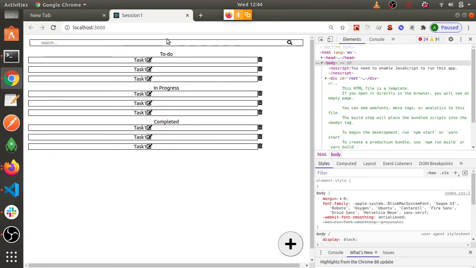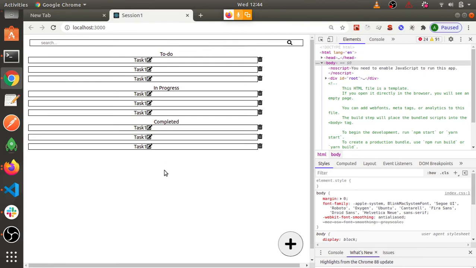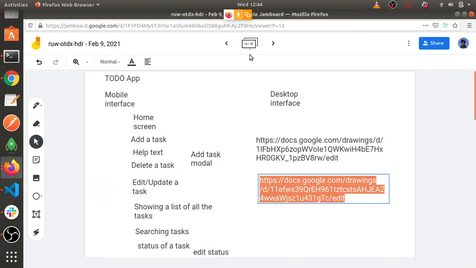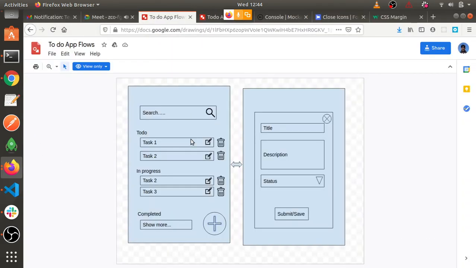Yep. So that's how we are passing the functions, methods, with the help of props. But won't we get another page while we click plus button? No, that was model. It was said initially when we were creating this layout. We had already discussed that this is going to be a model, not a page. I told you even in the beginning of starting this development, we have only one page. These are different components, and that is the meaning of model.